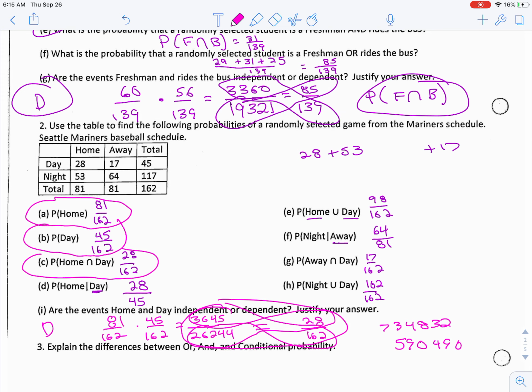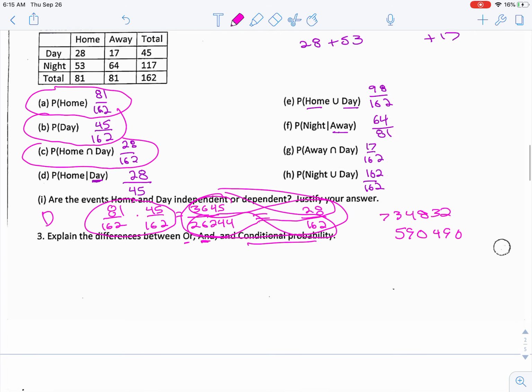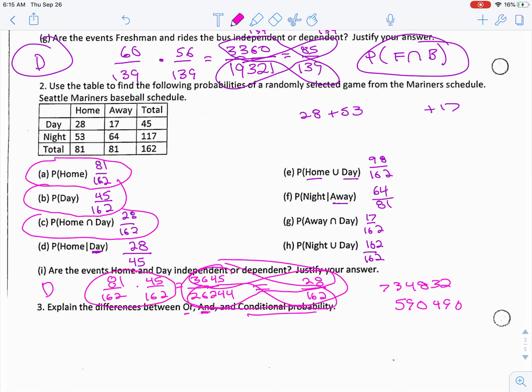Explain differences between or and conditional probability. With or, something's getting counted twice, and we have to subtract. And is the middle of the circle, okay? So and is both things happening at the same time, as is conditional probability. So conditional probability is just two things happening, like this right here. This was the probability of a home game and then an away game, two different events. Okay, I'll do a new one for the next